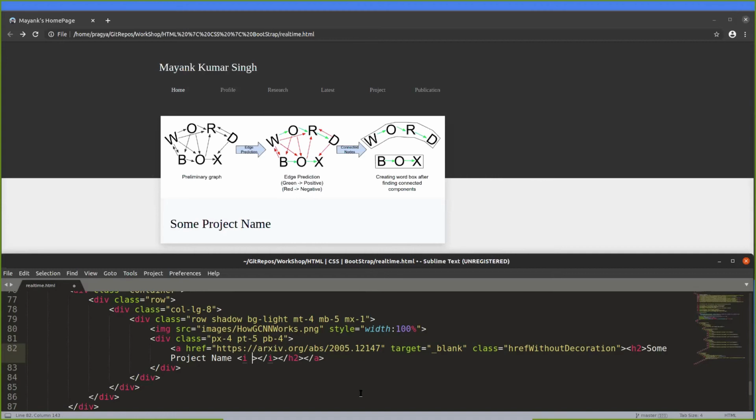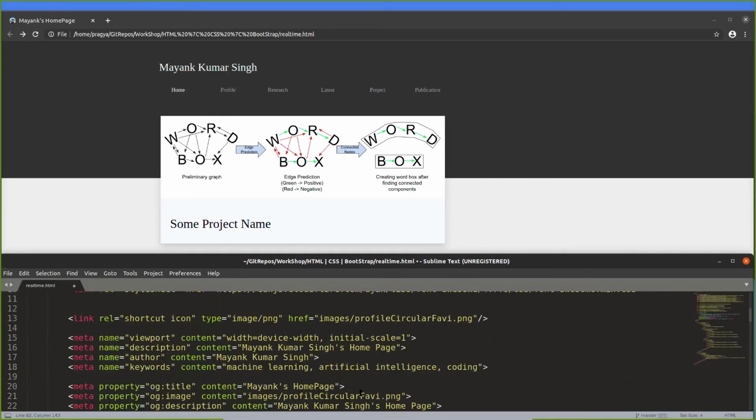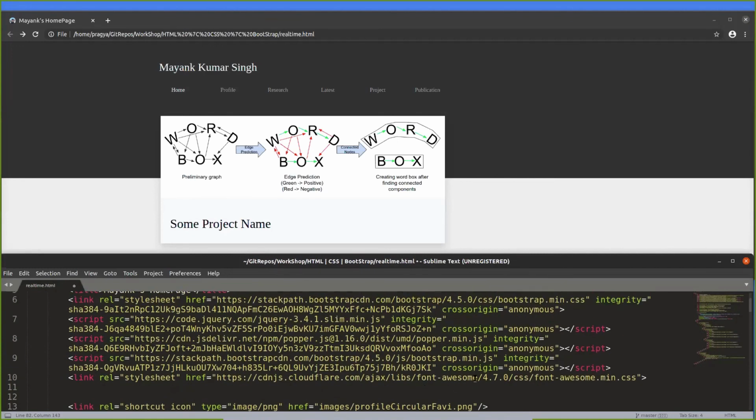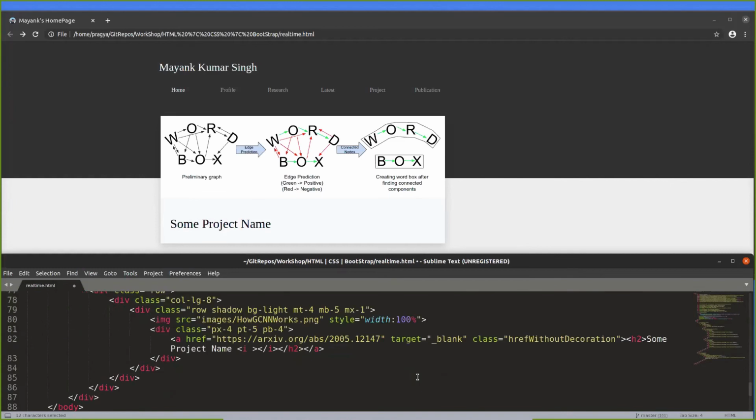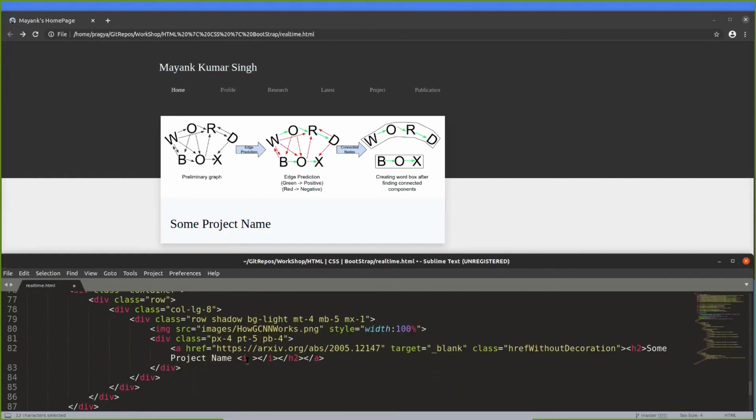Inside that, if you remember, we imported the Font Awesome library. So in this library, we have a class named external link. So we have far fa-external-link,